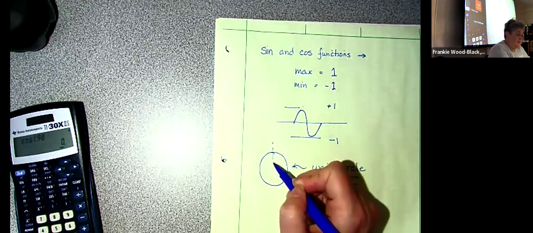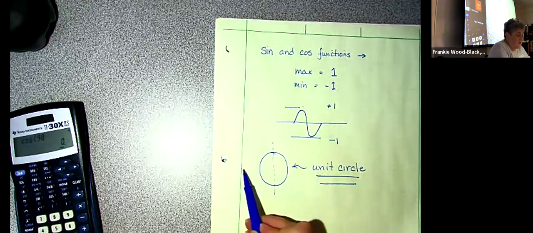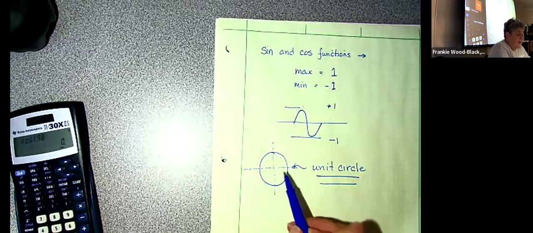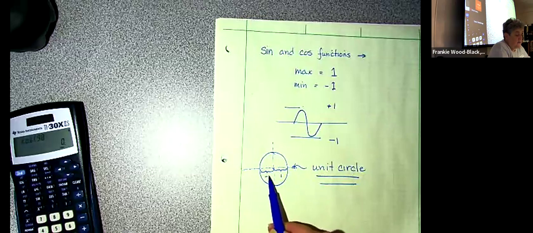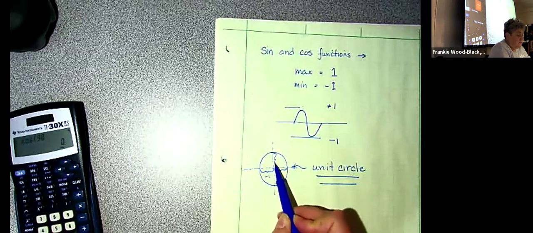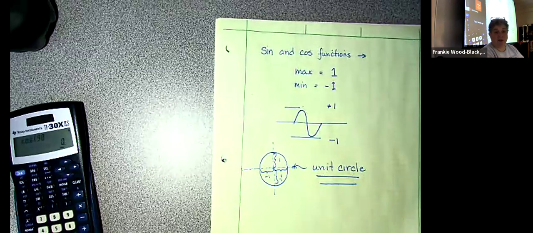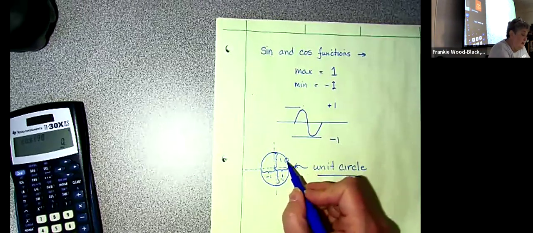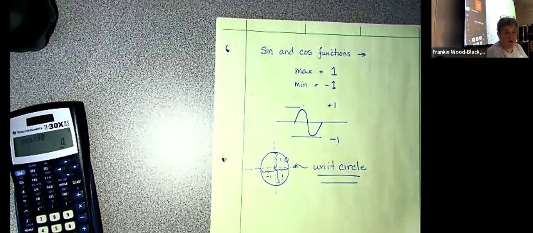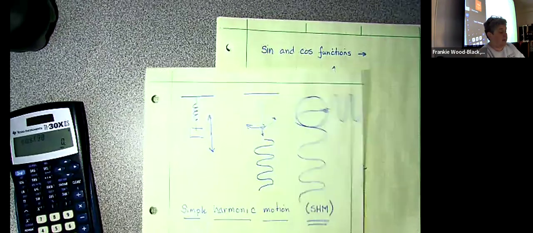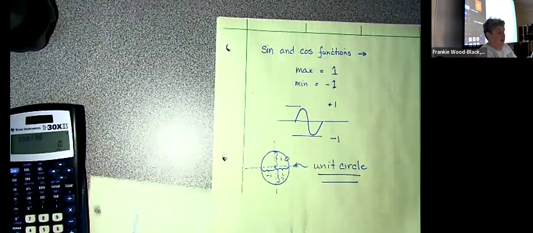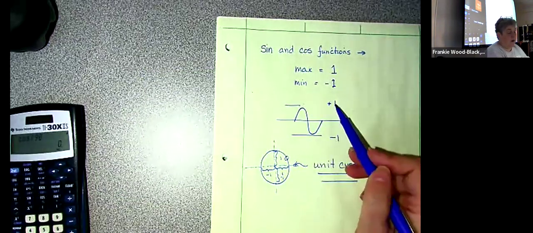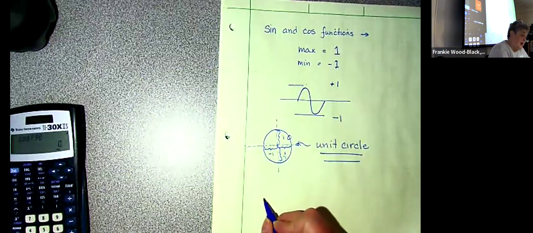So I can look at my circle, because that's where my sine and my cosine are coming from. And my unit circle, whereas this is 1 and this is -1, or this is 1 or -1 and this is 1. I just have my unit circle and I'm playing with that. So if I've got a bead that's traveling around my circle here, or I have my bobbing spring, I'm just going between this 1 and -1. So that's why we say that the amplitude